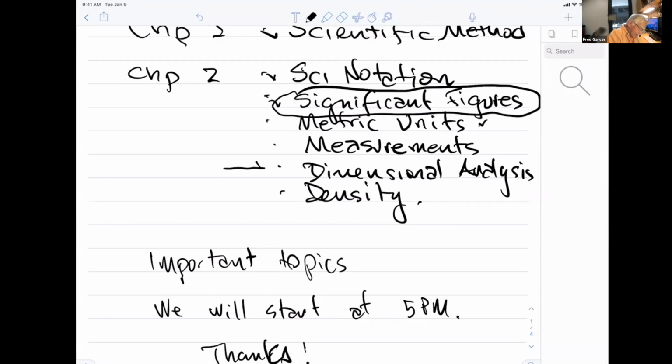Take a look at that tutorial that I give you, if you're in lab, on dimensional analysis. I'll also put it in the lecture, because this is a really powerful technique to solve a lot of problems. In terms of measurement, let me just do that real quickly, and then if there's no other question,